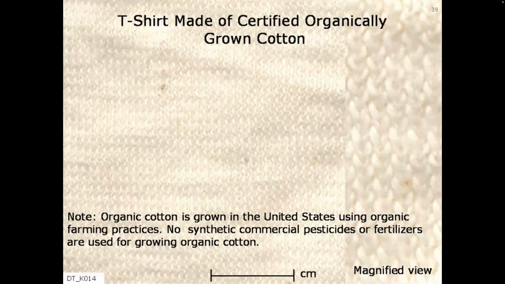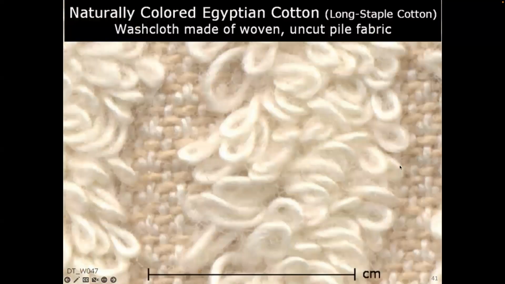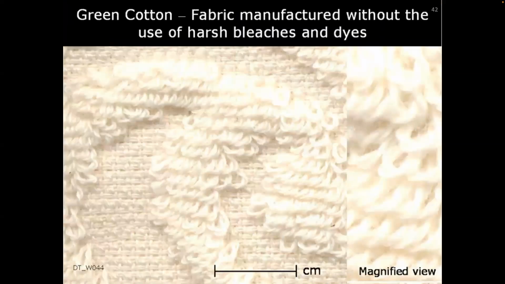This is an example of an organic cotton fabric. This is a naturally colored cotton fabric. So you can see here the fabric, and this is the magnified view. This is a naturally colored Egyptian cotton, which is the long staple, good quality Pima cotton. This is a green cotton. And you can see green cotton is not as vibrant in color generally because of the way that they process them. They don't use all these synthetic dyes that will give you beautiful colors, but they are friendly